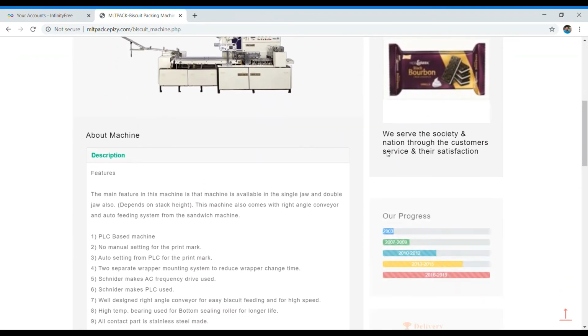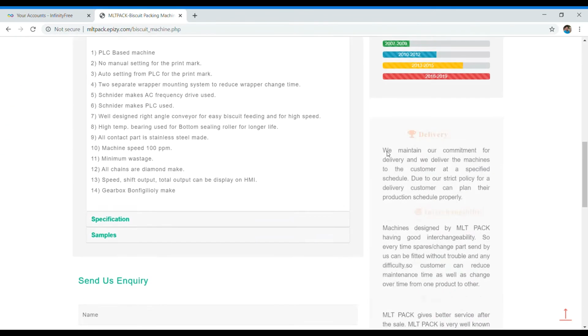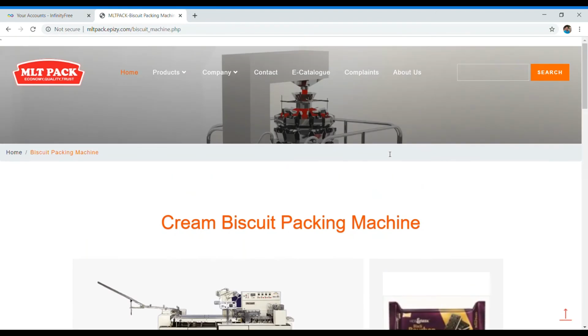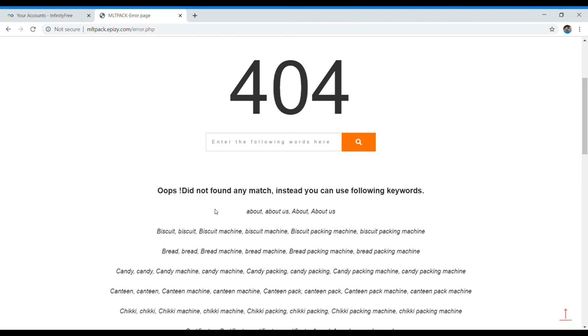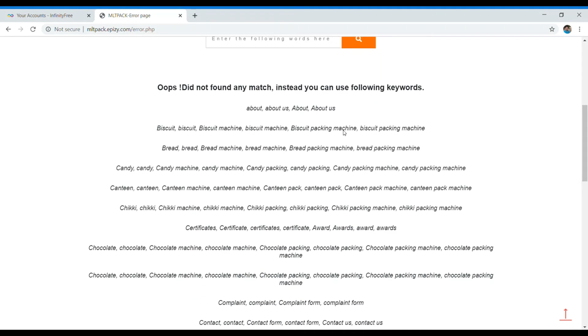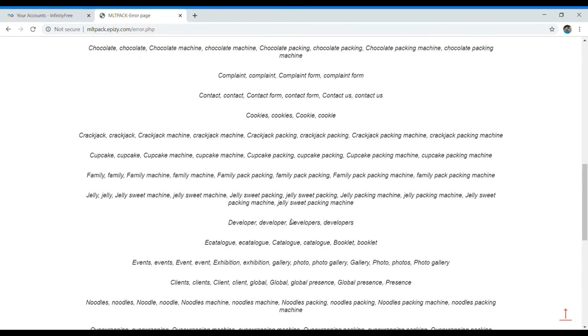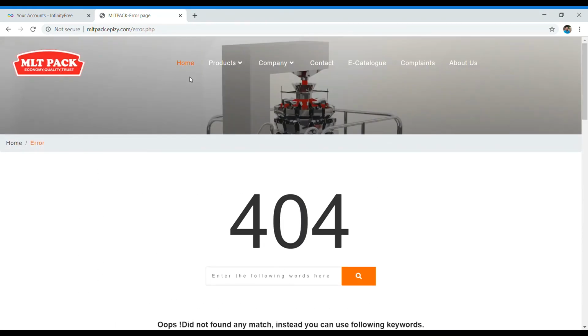The product page opens by using this keyword. Similarly, if we type any random keyword as input, then it shows an error page saying did not find any match. Instead, you can use the following keywords. It shows the keywords which we can use for searching.